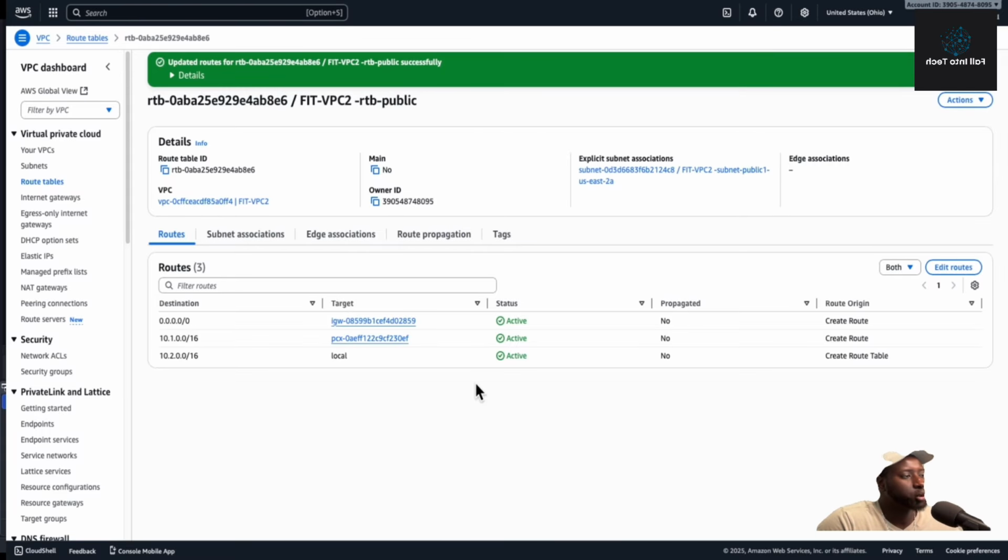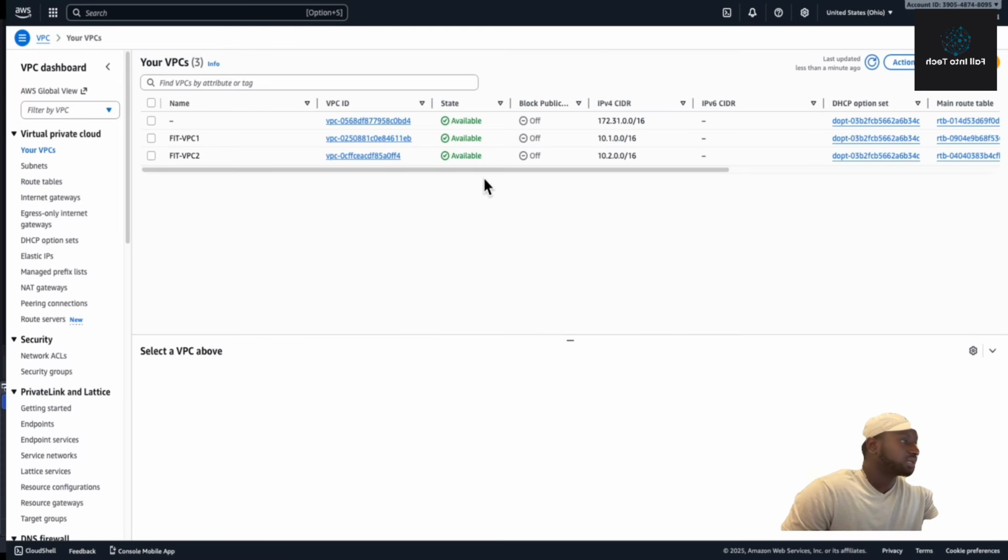So now basically those are the two route table modifications that we needed. We want to make sure that whenever the data is coming from one VPC going to another one, they know exactly where to go and how to get there. Okay, so the route tables, they're the ones who send the data there. Okay, all right. Now that we are done with our two VPCs, which are for Intotech VPC1 and VPC2,